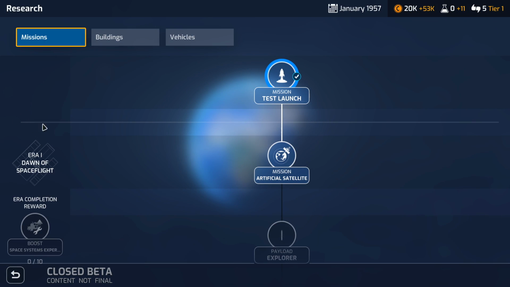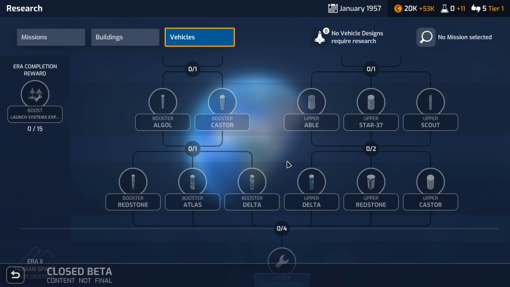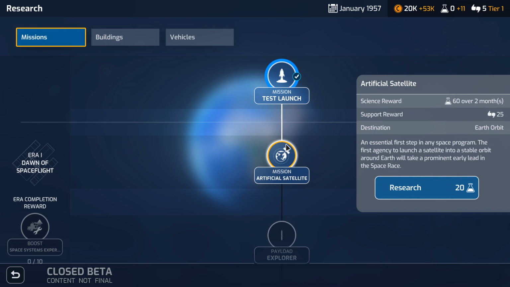All right, the next thing we need to do is set up our research. We can either go for artificial satellites, we can look at rocket test pads and get different types of buildings. We can start doing upgrades to our vehicles. So we can start looking at different boosters that will have more power and will be able to propel us a little bit better. I don't know what the right choice is for any of this stuff, but I would assume that building satellites is more than likely the first thing you're going to want to get done because,